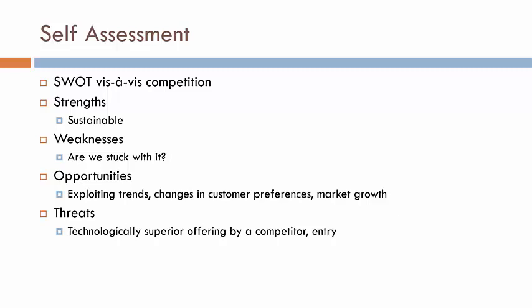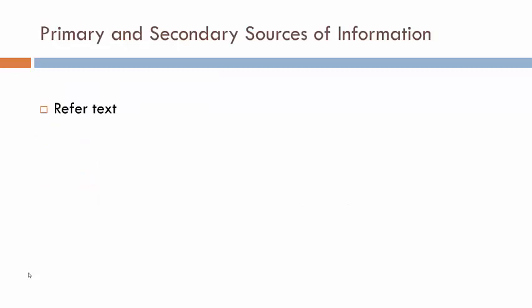In order to conduct the SWOT analysis in a very meaningful way, we certainly need a lot of information. The text essentially lists several sources of information which you can refer to. Some sources offer primary information, and there are other sources with secondary data which can be used to perform the SWOT analysis. For the primary and secondary sources of information, please refer to your text, because the author has done an outstanding job. So make sure you read the text thoroughly, and that will give you a very good sense of what these primary and secondary sources of information are.